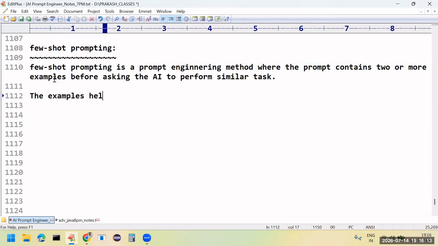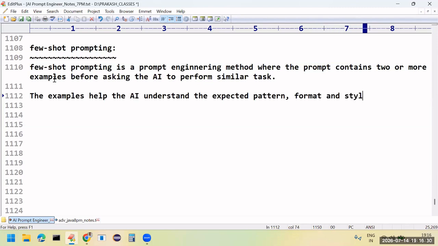These examples are going to help the AI model understand the expected pattern, what pattern the client is expecting, and what is the format. Even the style of the output it will decide. Sir, additionally, what new thing did we get? Harmony. If there is any common thing in those two examples, that format we have to capture.